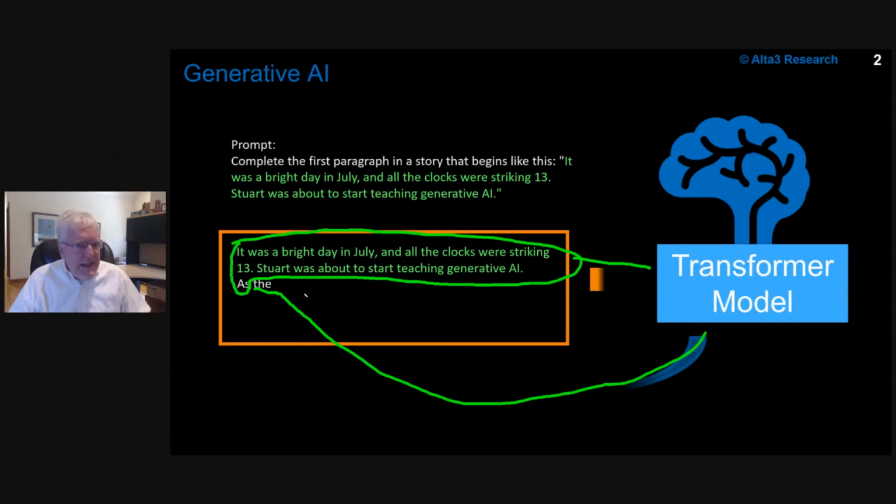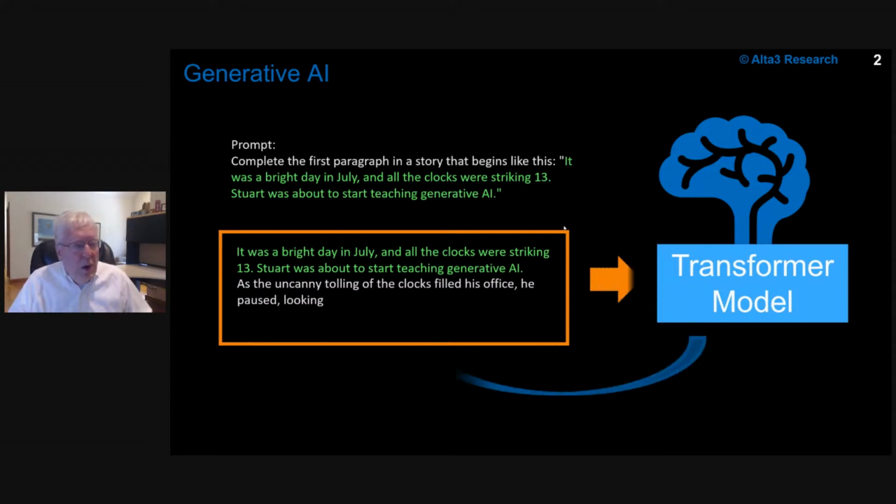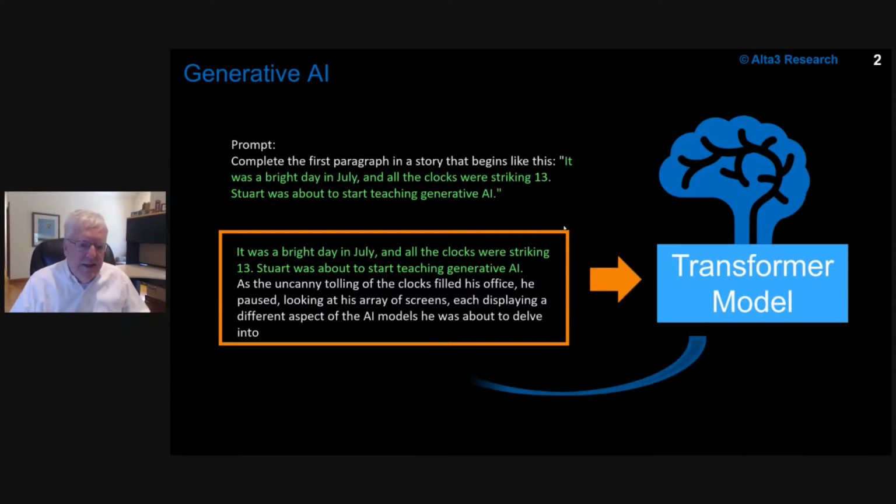Now, you have to understand, it didn't know that until it calculated "as." So the transformer has no idea how this story is going to unfold. It's just doing math. What is the most likely token? That's the proper word to use instead of word. What is the proper token that I'm going to calculate and then plunk down next? So you're seeing the process right now.